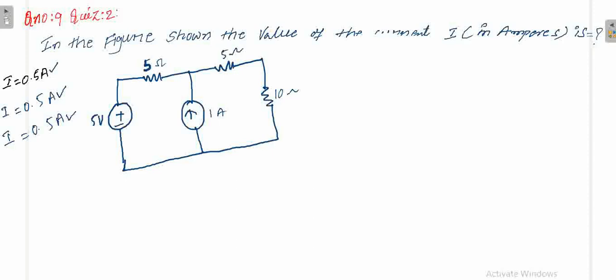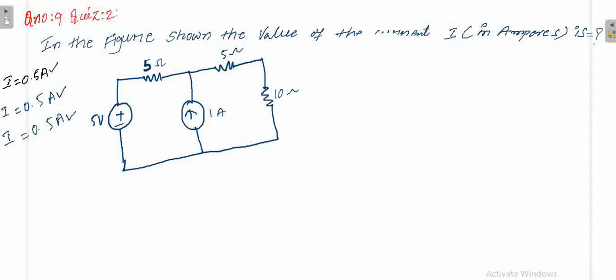With respect to the steps of Norton's theorem, which are very similar, you will get only one or two changes. Here RTH is equal to Norton's equivalent, that is your RN. Only, while in Thevenin's theorem we have to find open circuit voltage, here we have to find short circuit current. So this is your 5 volts. What is the first step?